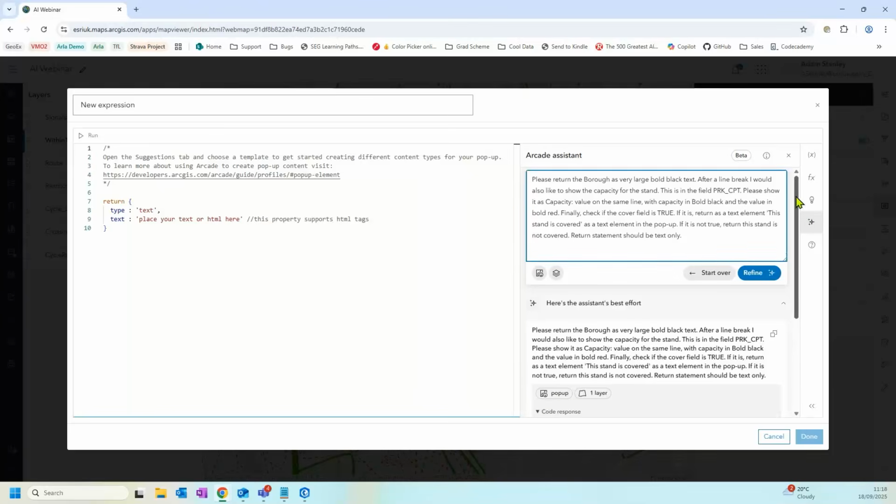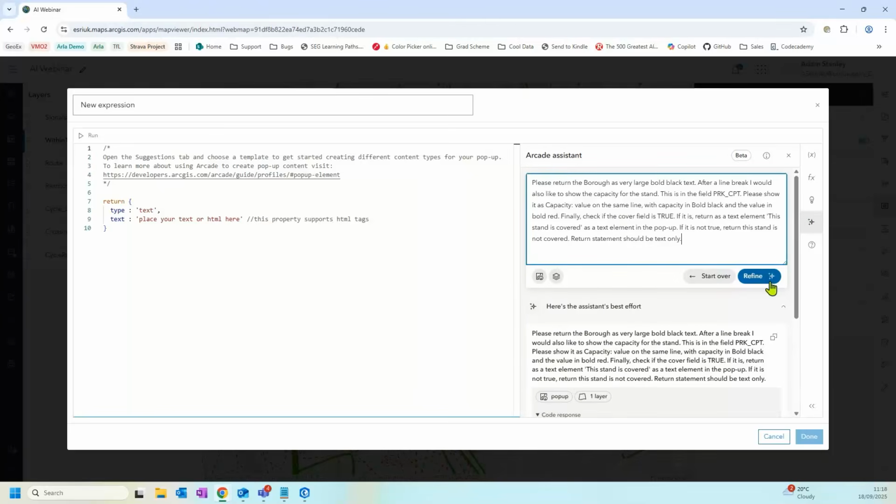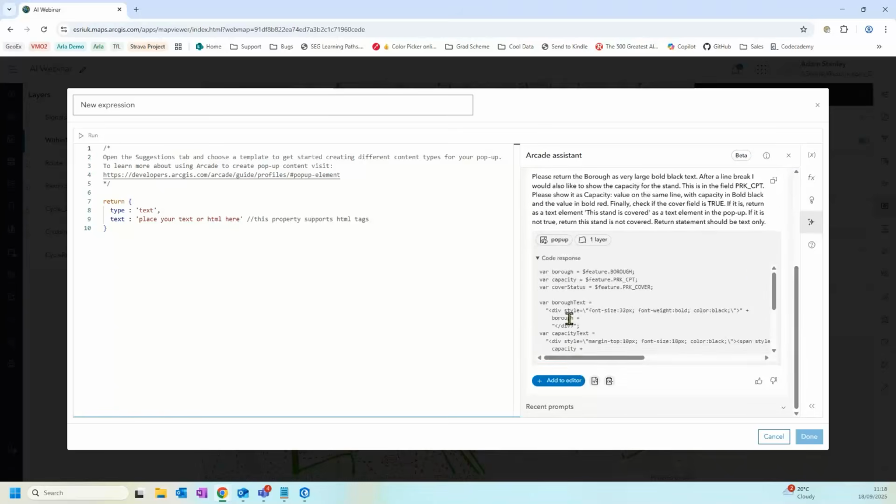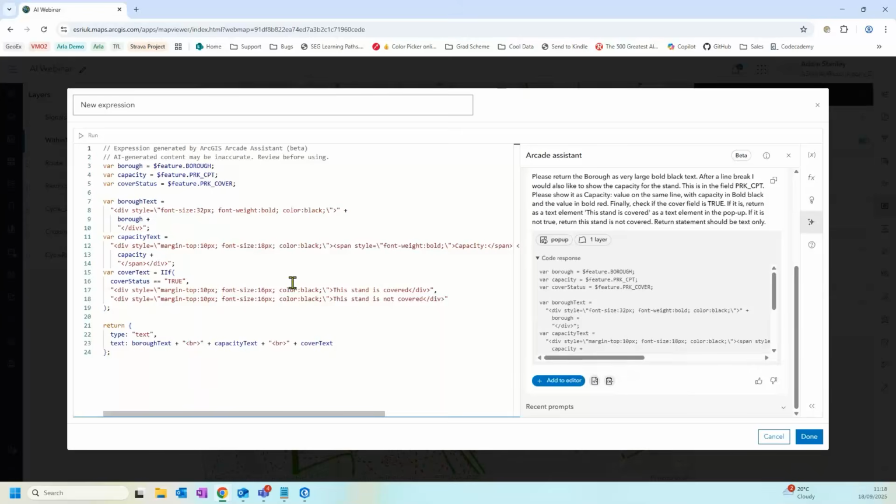So that's the cover field I was talking about. That's not the exact field name. But again, it's just going to do a little if statement, and I've told it what I'd like it to do in each eventuality. And so you can see here, if I just pop this code in, it's done a